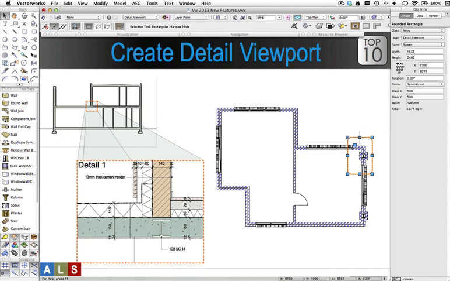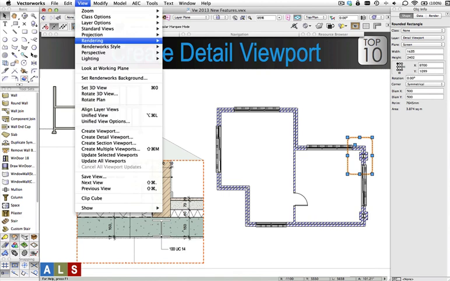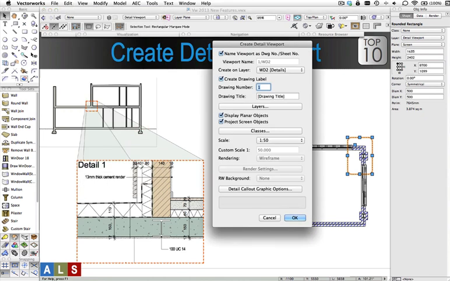You begin with outlining the area that you want to create the detail from, and with that selected, go to the View menu. You'll see a new option here, Create Detail Viewport. Let's go ahead and choose that, and here we can choose the layer it will go on. We have a sheet layer already set up called WD2 Details. Here we can set the drawing number, let's say it's 10, and the title, call it Wall Detail,